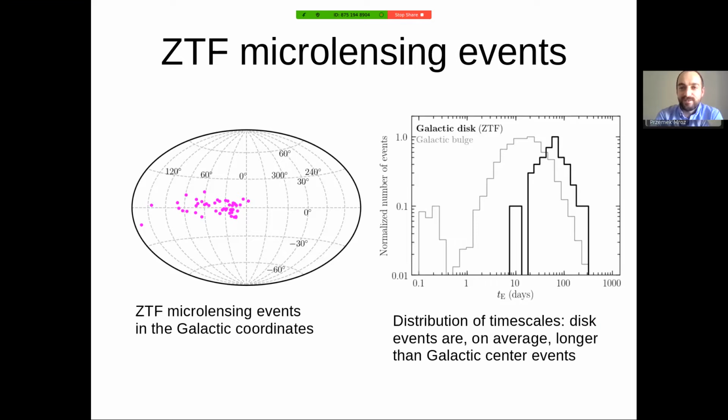So actually, this was expected from theoretical models, but this is the first time that we could see it in the real data. So for the first time, these investigations are possible with ZTF,